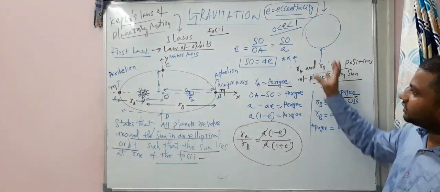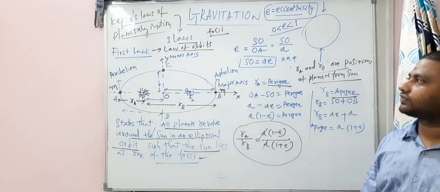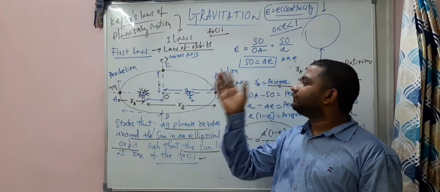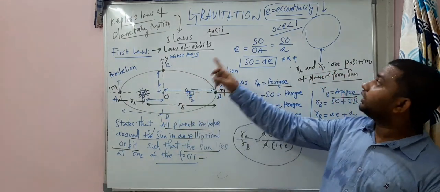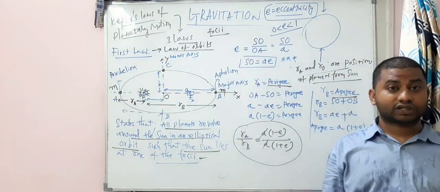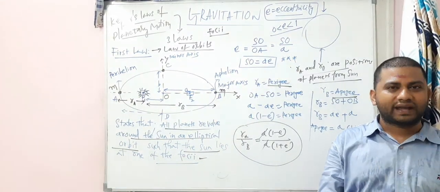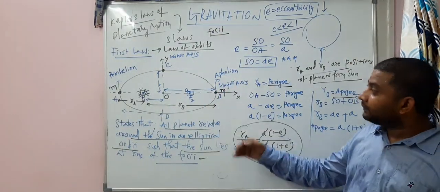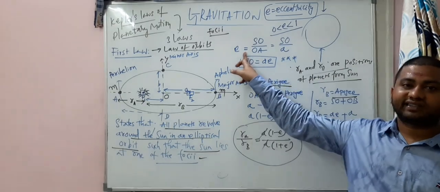So this is a lot of information I have given about Kepler's first law. We started with the first law, which is also called the law of orbits. Then we discussed the ellipse, what eccentricity is, what the semi-major axis is, what the semi-minor axis is, and the concept of focus. Then what eccentricity is, and the expression for eccentricity.